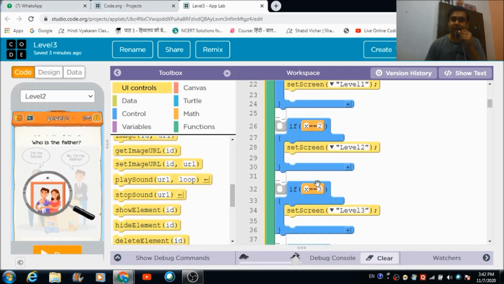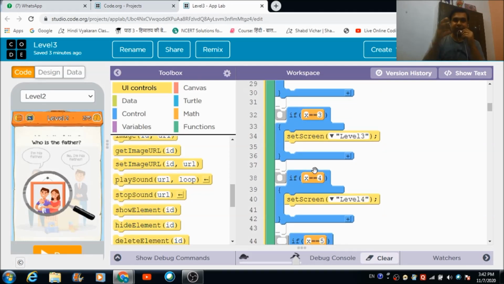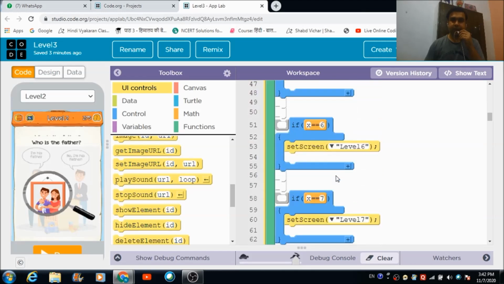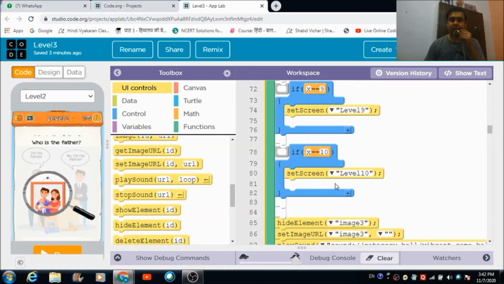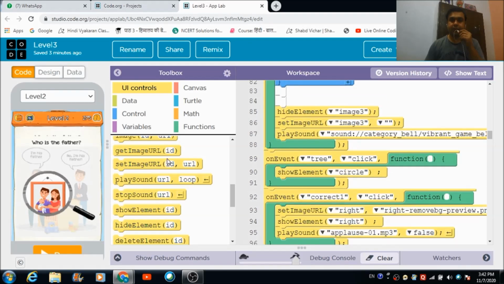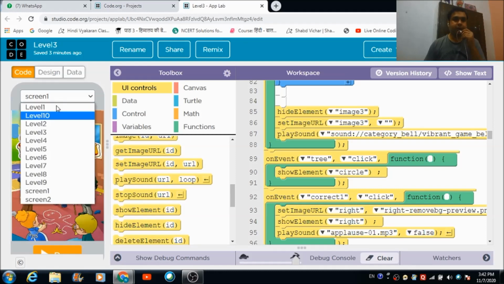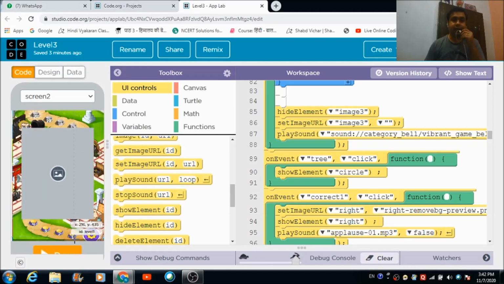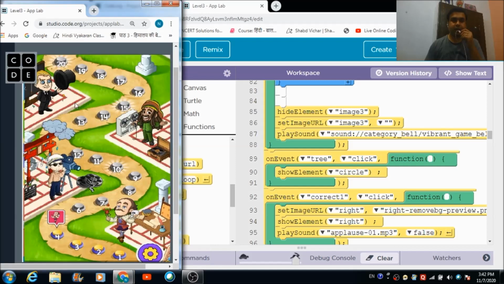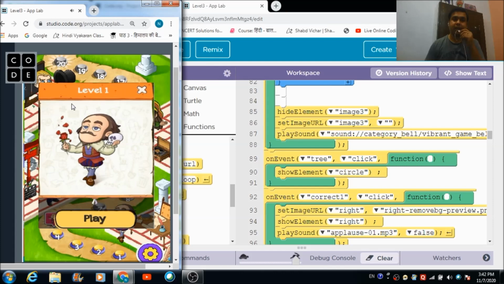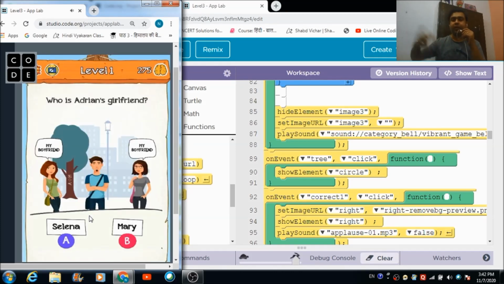So likewise, I've defined the code for all the screens which I've got on this mobile simulator. Now let's come to this. What is going to happen? Okay, when the user hits this level 1 and then hits this image 3 button, he is going to get redirected to this level 1 screen, right?